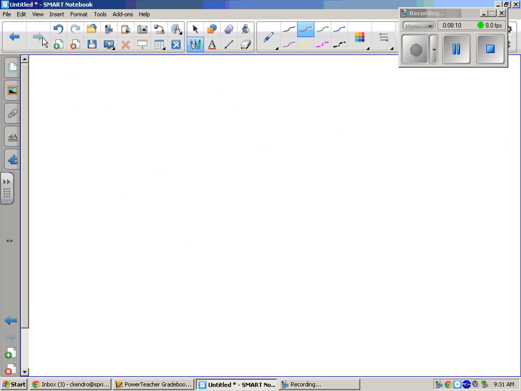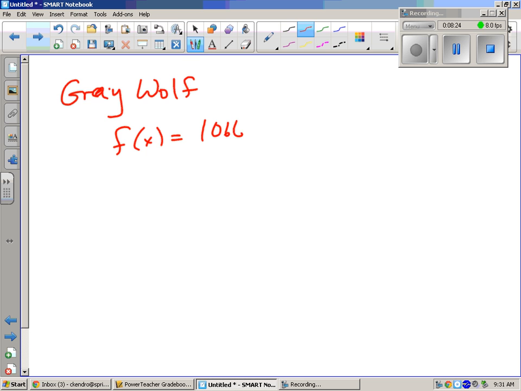Let's think of a real-world example. In the Western Great Lakes, they have a gray wolf population issue, and there is a formula that says 1066 e to the 0.042 times x represents the population x years after 1978. So maybe they came up with this formula in 1978. So you have to start there. You don't start at 0, you start at 1978. So let's find out